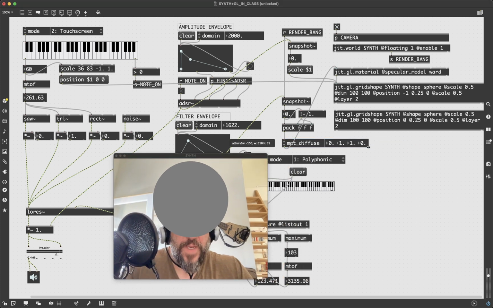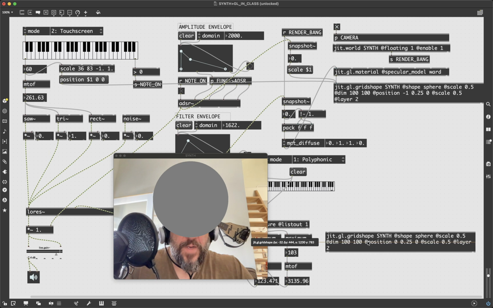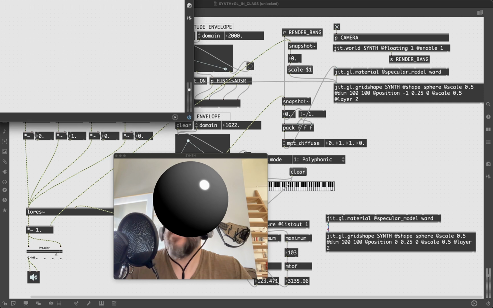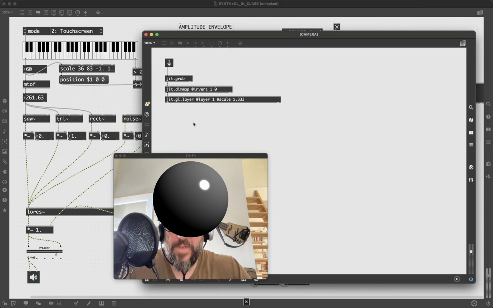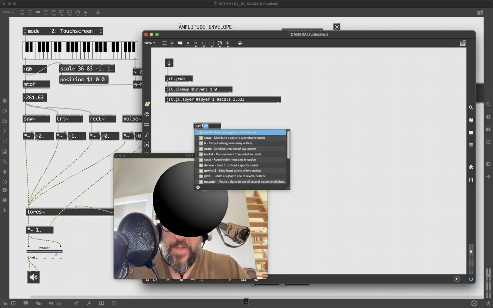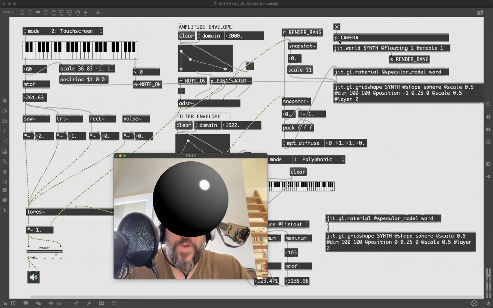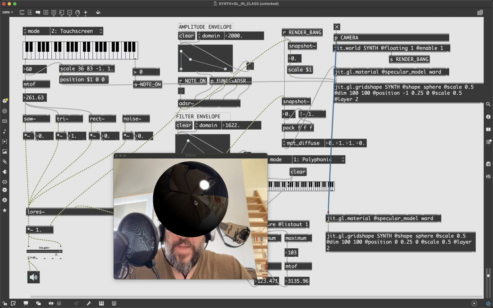Just going to make a little space here. I'll put it down here. I'm going to give it its own material. And then I'm just going to pipe my live camera image into that material. Just take the output of my jit.grab. I've created an outlet to p.camera, put it into the material, and now,